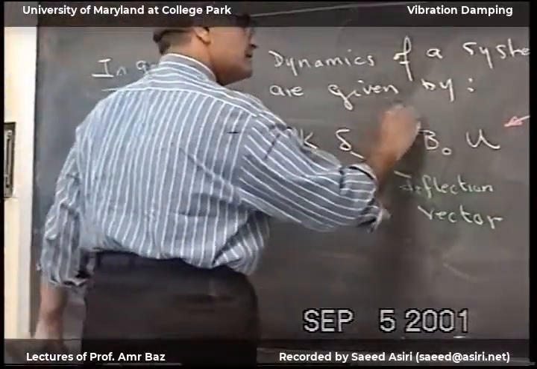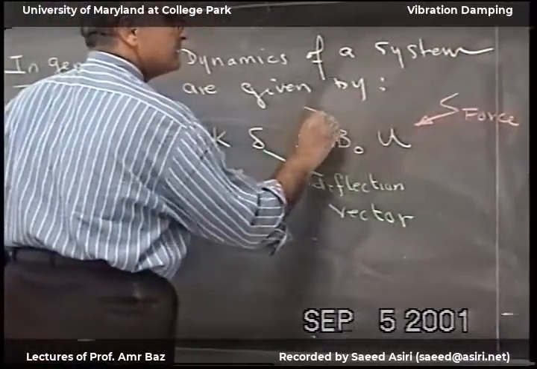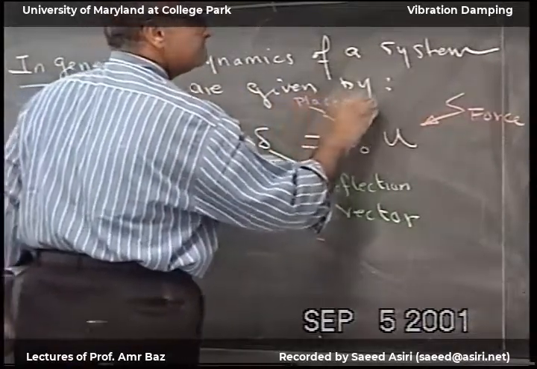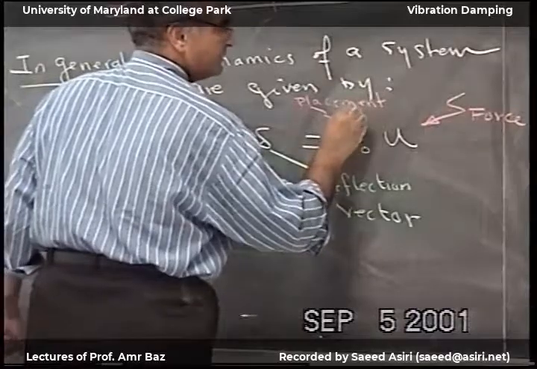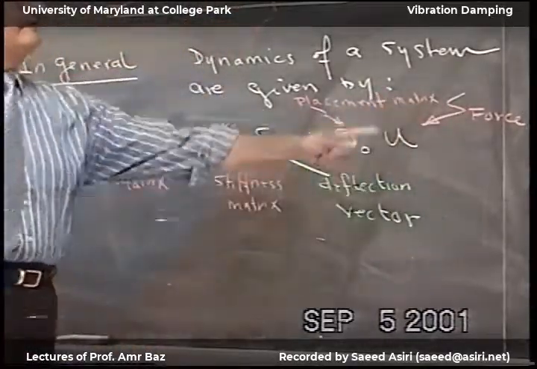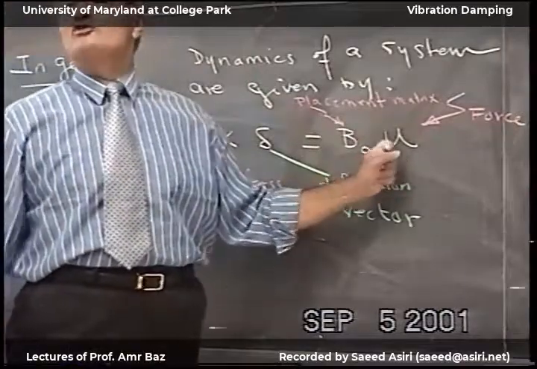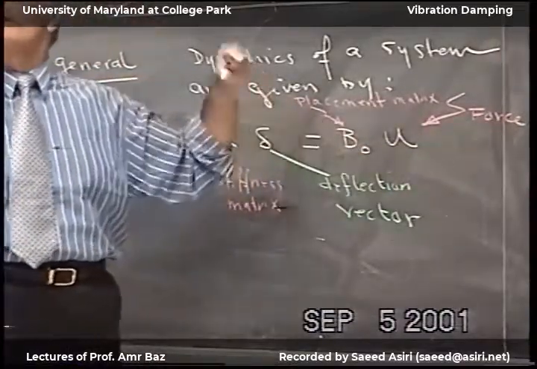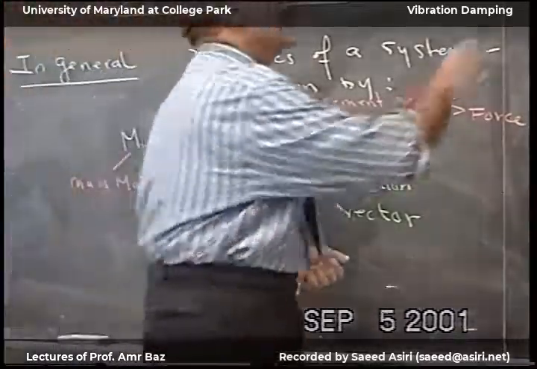So this is the placement matrix, I'm sorry. So for example, if this U is the actuator, then this is the actuator placement matrix, where I place these actuators. For example,